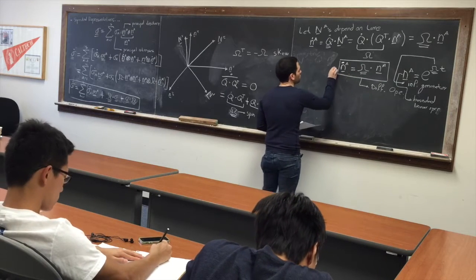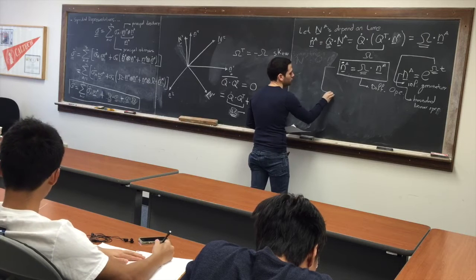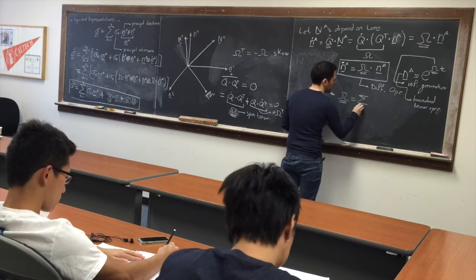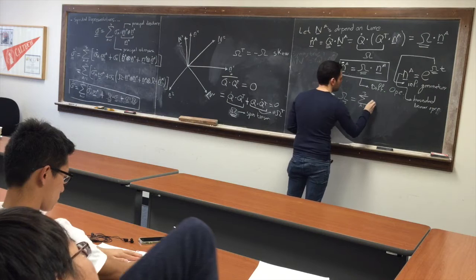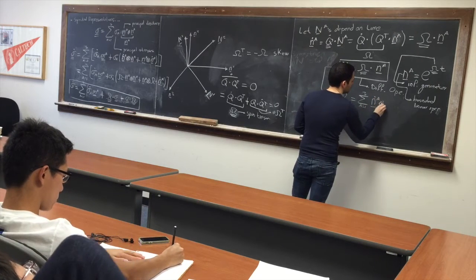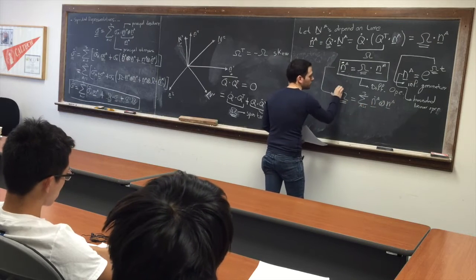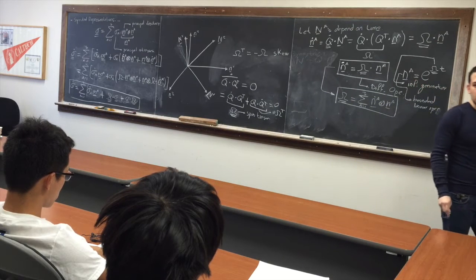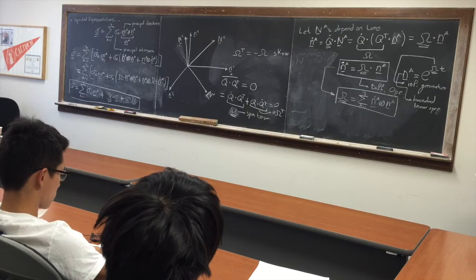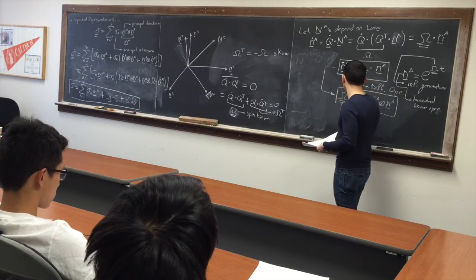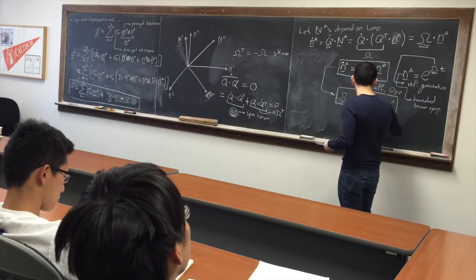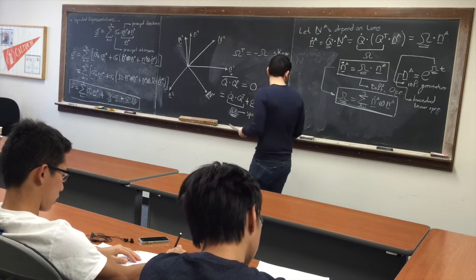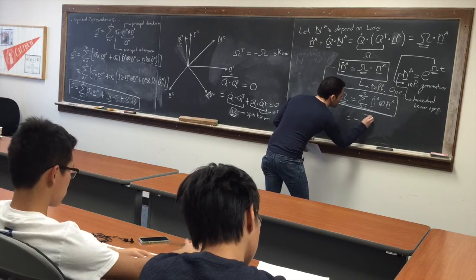Now from this definition, we can also see that this spin tensor can be written in this way. Right? Which is also equal to minus